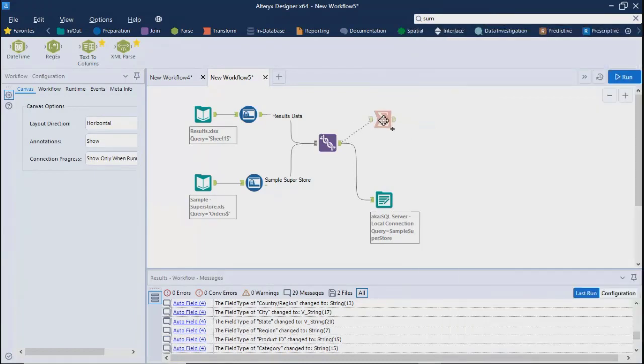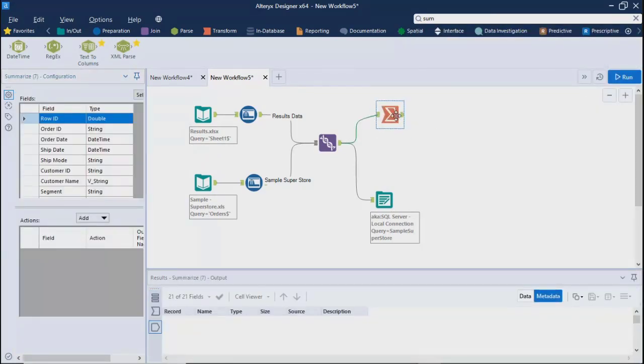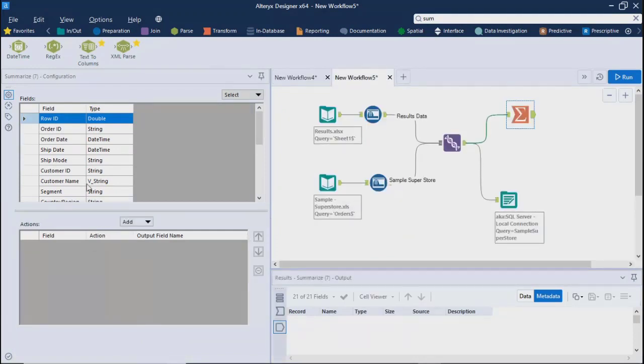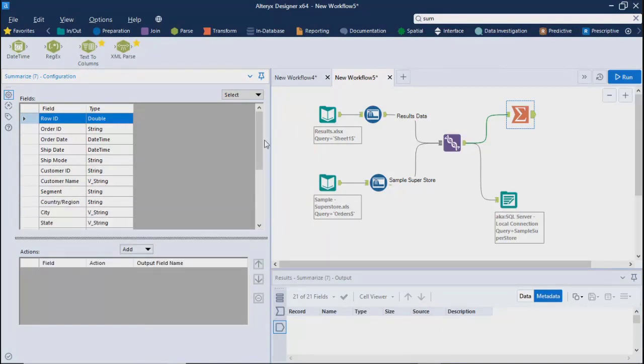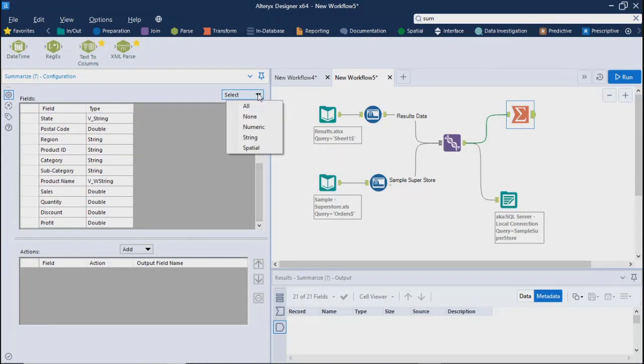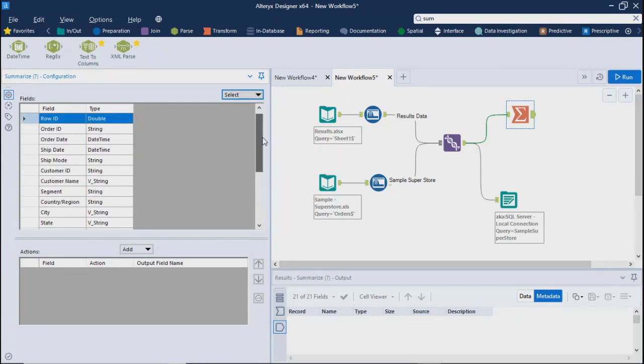And over here, if you just right click, it will show you all of your fields, their data type, and it will give you some options to select what exactly you want.